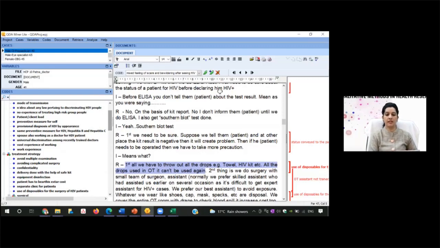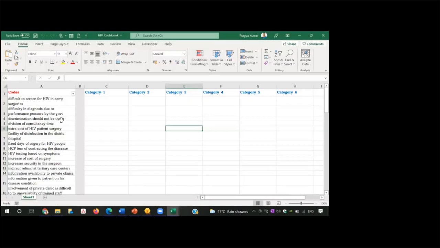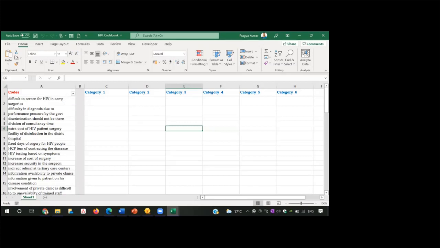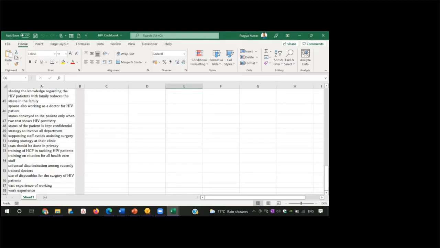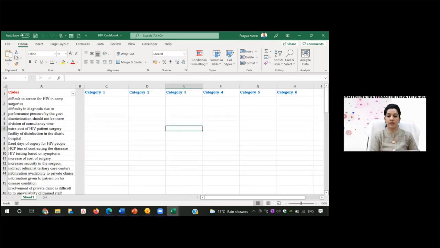So can you see this Excel sheet? So what I have done, I have pasted my codes here in that Excel sheet. And if you go down, you can see the number of codes right now, it is 58. So this is what I'll do. Now I have decided this category 1, 2, 3, 4, 5, whatever. And then I'll keep on cutting and pasting a particular code into a category. That way, the codes will start reducing and everything will be sorted out.